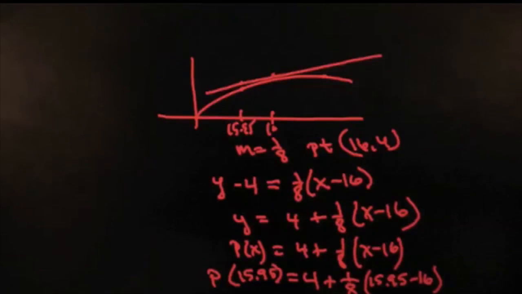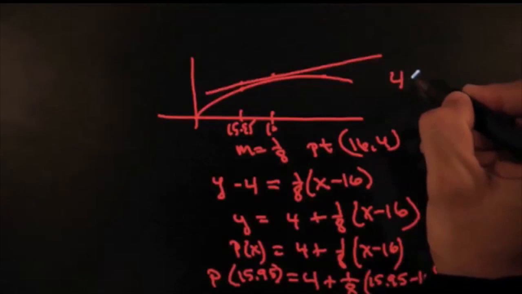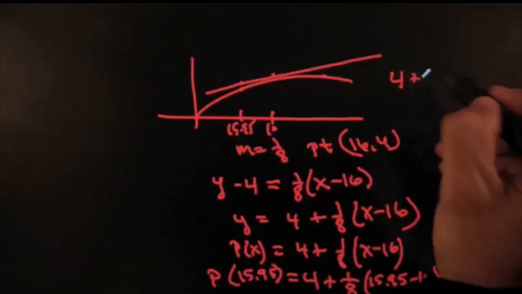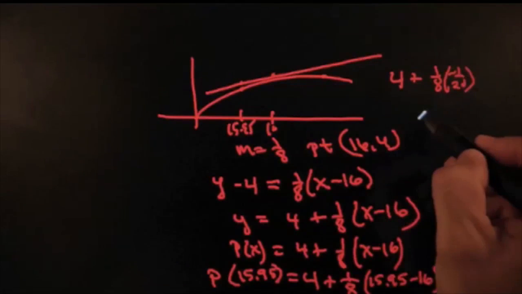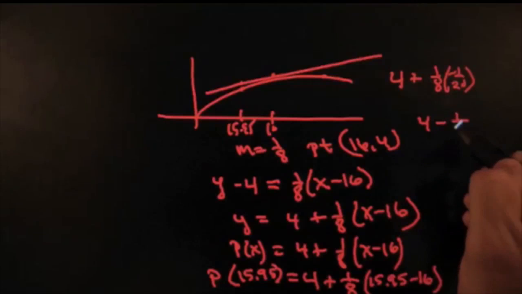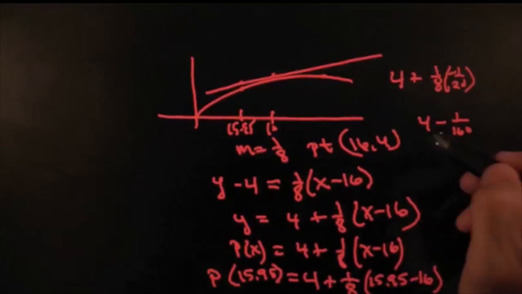This would be 4 plus 1 over 8 times negative 5 over 100. And that becomes negative 1/20th. So that becomes 4. I continue over here. 4 plus 1/8 times negative 1 over 20. That becomes 4 minus 1 over 160. And that becomes